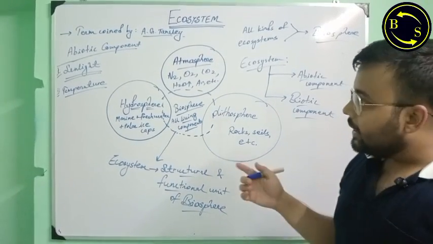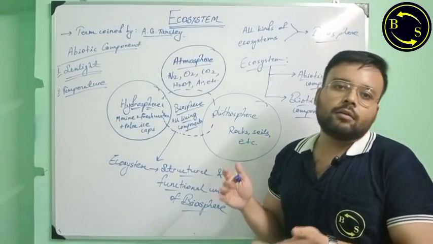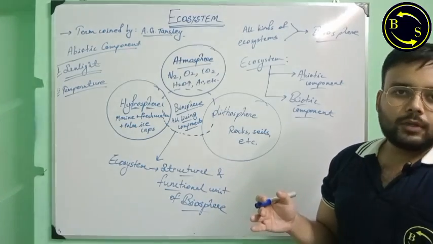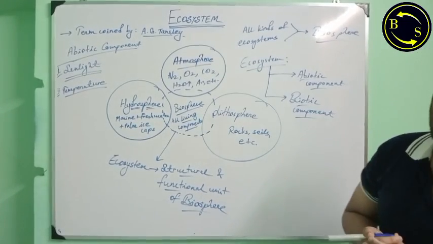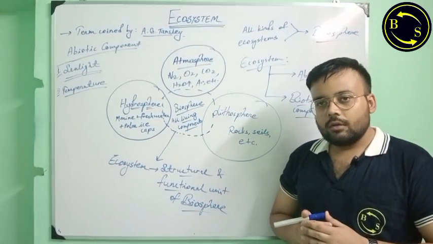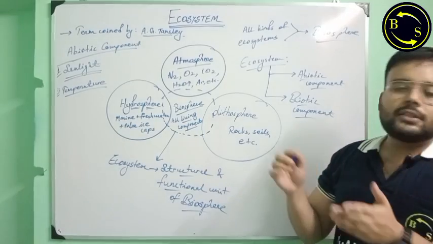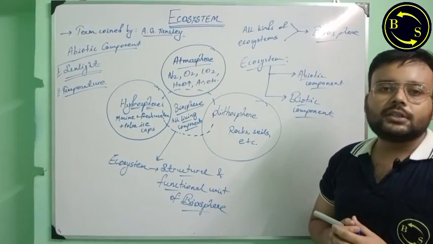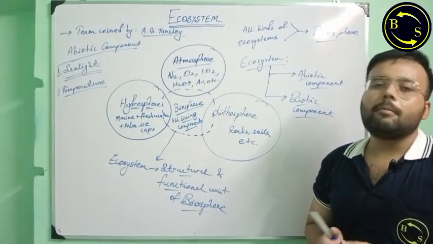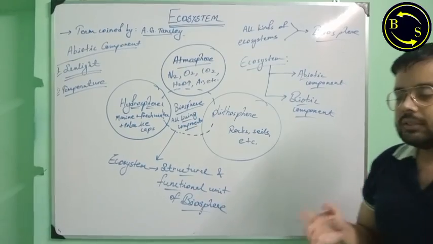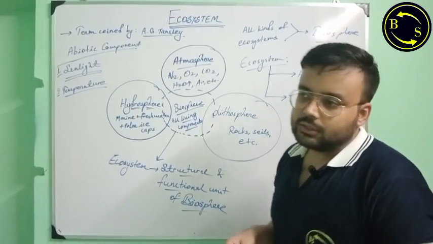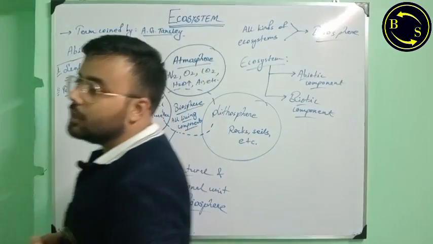So temperature is a limiting factor for life. The temperature in which maximum biodiversity is found is known as optimal temperature for life, that is 15 to 35 degrees Celsius. Sunlight is also another limiting factor,